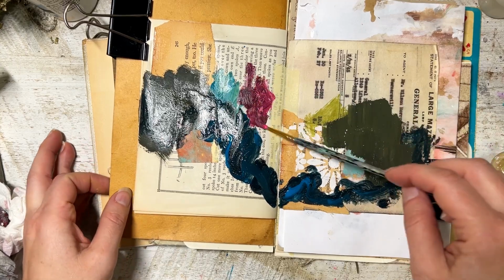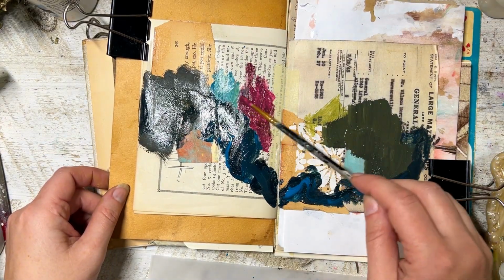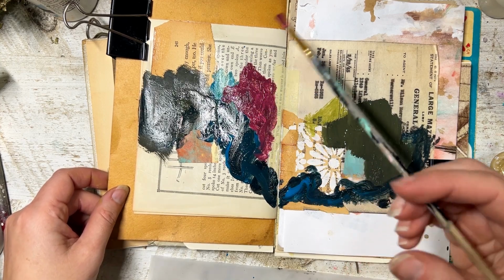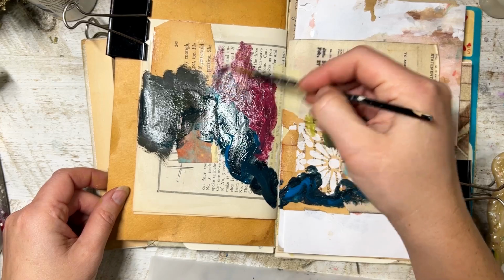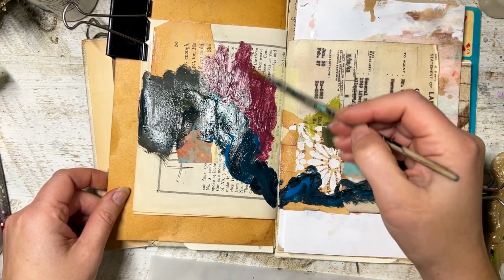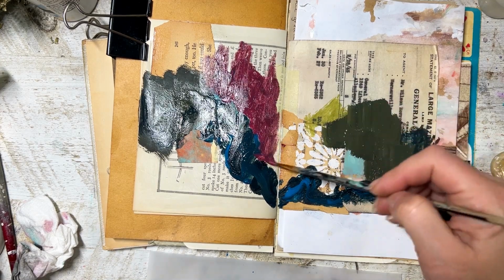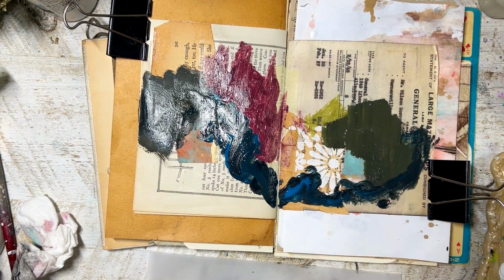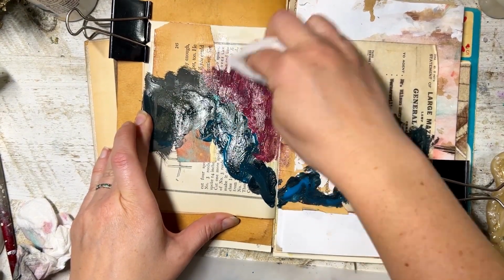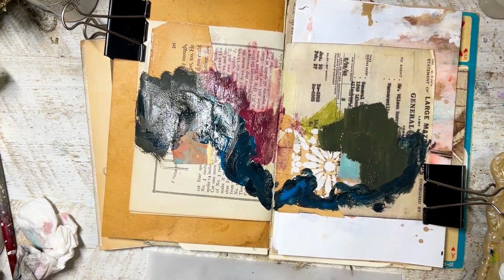Sometimes I like to see the old book text or ledger paper or whatever it is behind whatever medium I'm using, behind the acrylic paint. And honestly, the heavier you go with acrylic paint, you can get it to be more opaque. But this is a different alternative, right? I just kind of wanted to do something maybe a little bit outside the box, and,